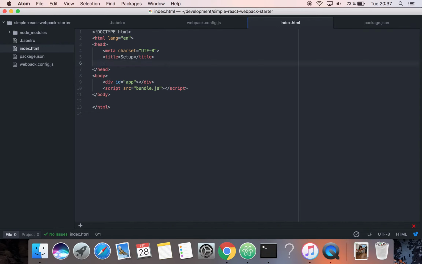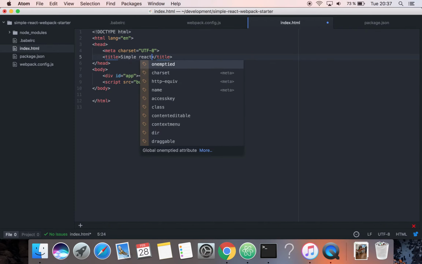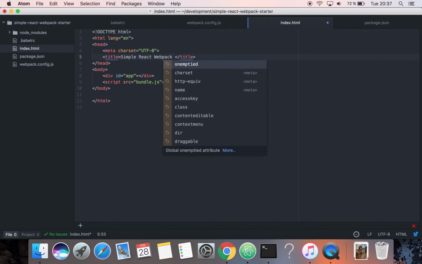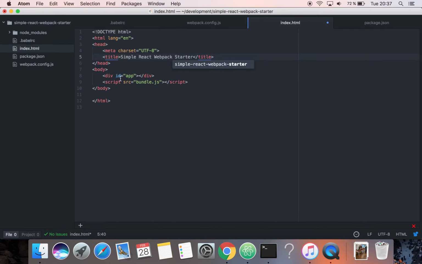Maybe in a future video I'm going to show how to bundle CSS using Webpack. You can do that also. I'm going to change the title to Simple React Webpack Starter. Okay, so as I said, all the magic is going to happen here inside this div with the ID app